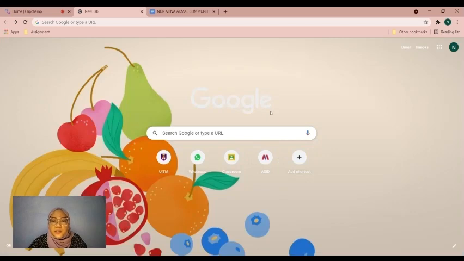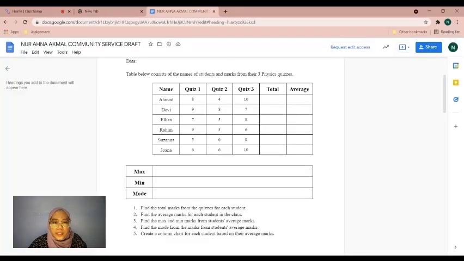So today I would like to share about how to create a table and a column graph using Google Sheets. So I have been given data about the names of students and their marks from their 3 physics quizzes. So I need to create a new table that consists of this data, and then I need to add a